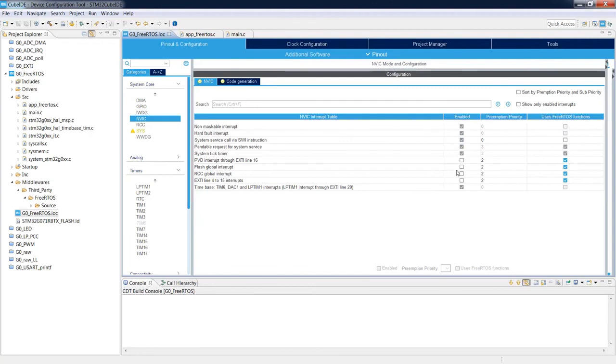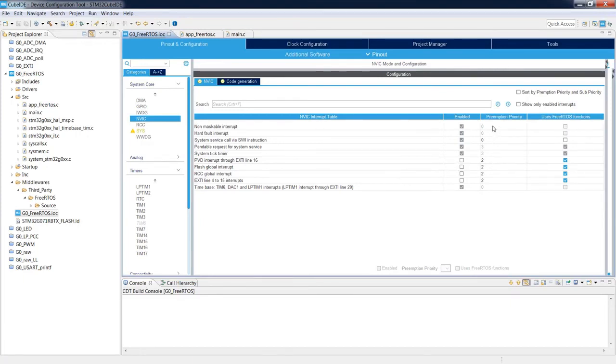As we can see from this configuration, the lowest possible priority, number 3, is assigned to two interrupt procedures. The first one is the system tick timer, SysTick, which is used to generate the tick interrupt, and the second one is the pendable request for system service, PendSV, which is used to switch the context from one task to the other. Both of them have the lowest possible priority so as not to block any hardware interrupt within the embedded system.